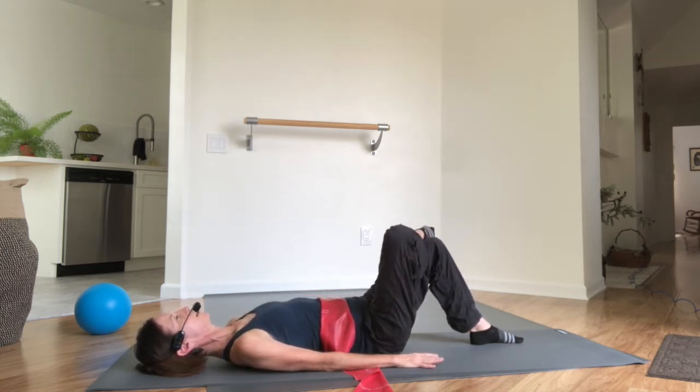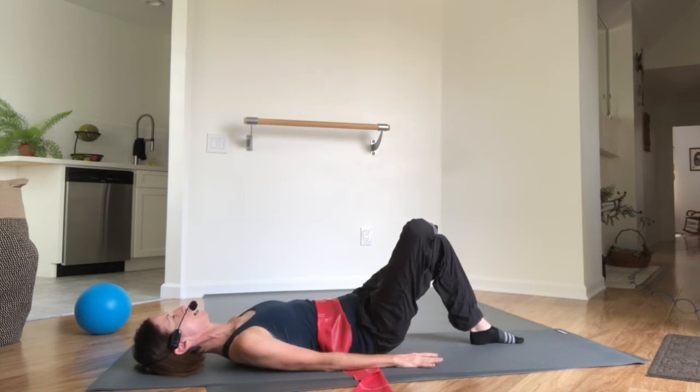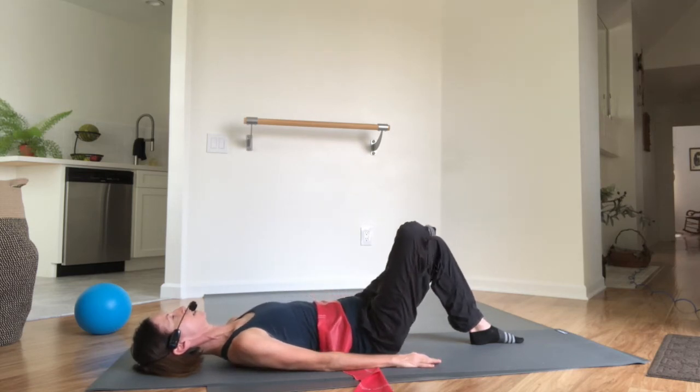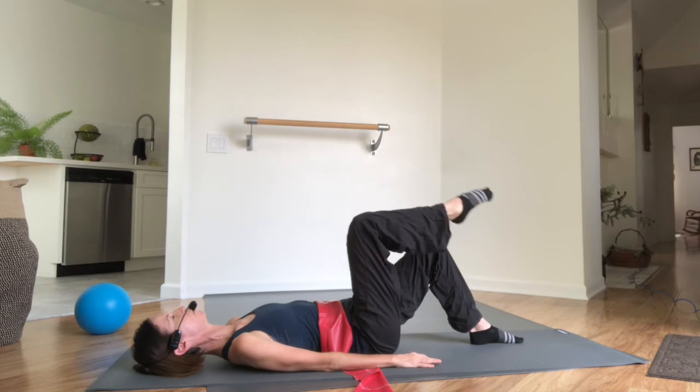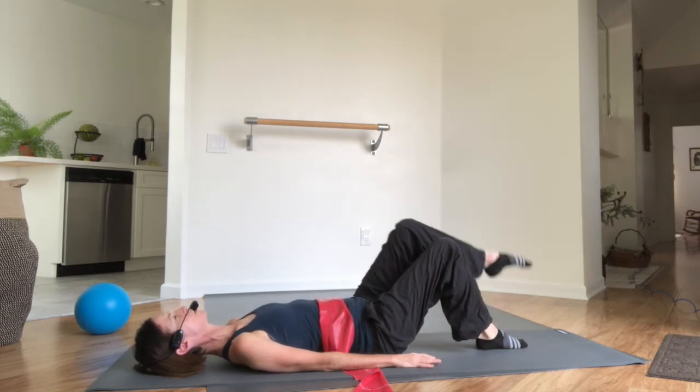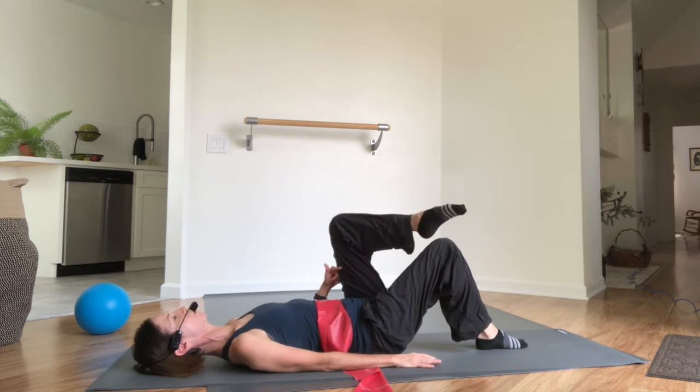Once again, inhale and exhale, scooping up. Inhale, hips are nice and high. Exhale, rolling back down. You can release the right leg back to tabletop and then bring it back to your mat. And now the left leg comes up to tabletop, and you want to laterally rotate it or turn it